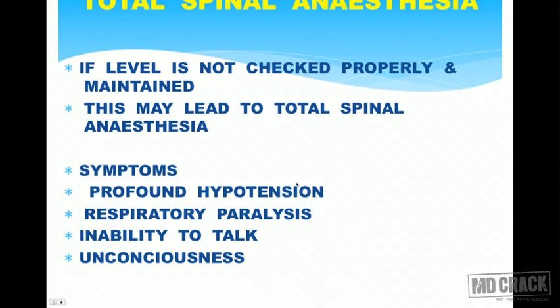It is very easy. You can diagnose it very easily. First and foremost is profound hypotension, which does not respond to the usual treatment of hypotension in spinal anesthesia which I had already discussed. There will be respiratory paralysis because the phrenic nerve, which is supplied by C4, C5, will be paralyzed, and once the phrenic nerve is paralyzed, it leads to respiratory paralysis. The patient will be unable to talk, and if it is still not checked or managed, the patient may become